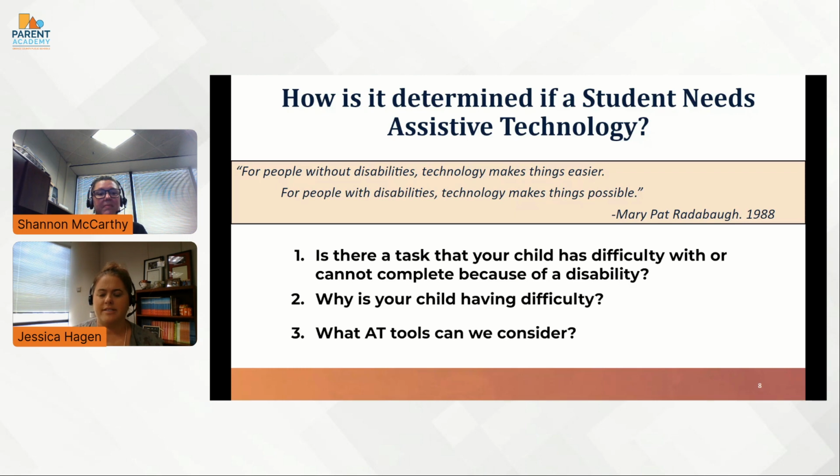So now we're going to discuss how we determine if a student needs assistive technology. So as we know, for people without disabilities, technology definitely makes things easier. But for people with a disability, technology makes things possible. We know that assistive technology can help level that playing field for a student with any area of challenge. Now, how is it determined if a student needs AT in the classroom